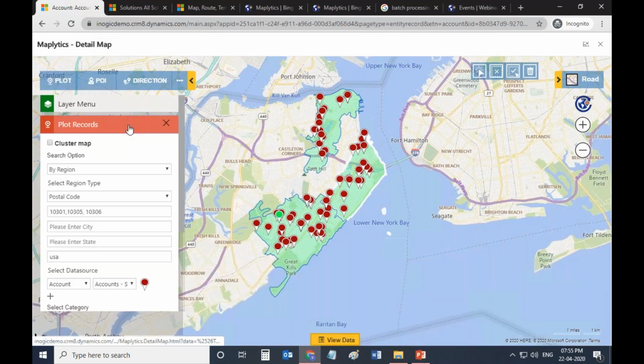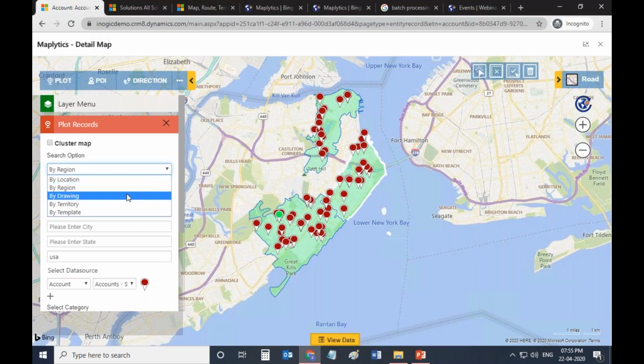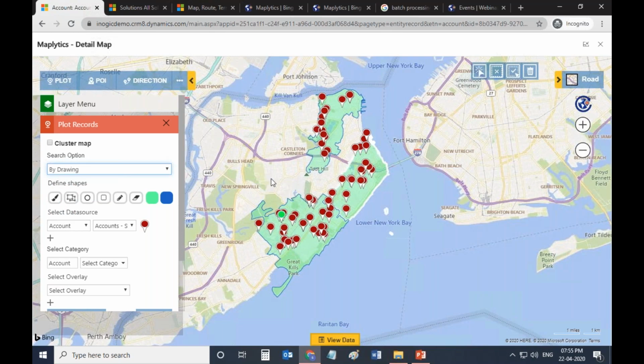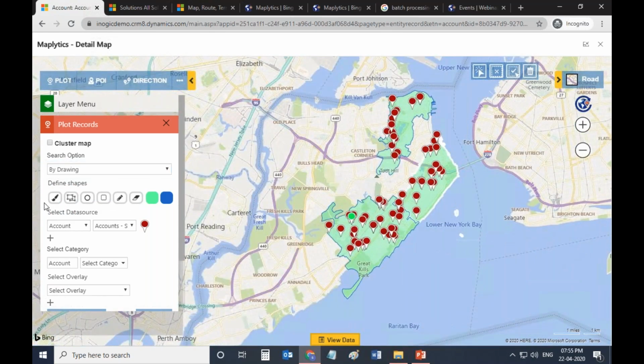And let's say you have to search for the records that cannot be defined by the geographical boundaries. So here you have the option of by drawing. So let's say you want to search for an area and you have to use the drawing tool.